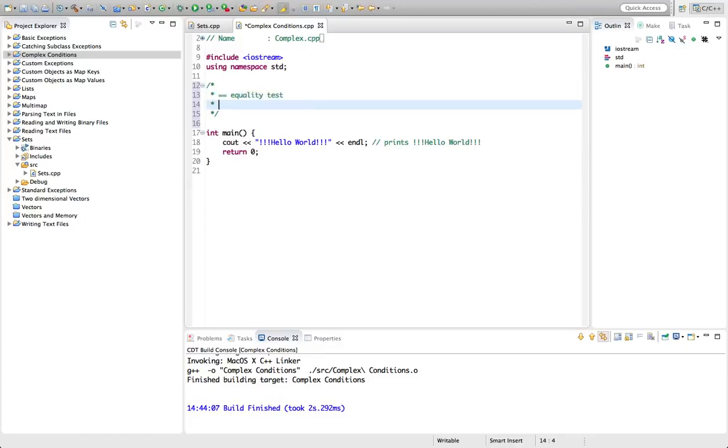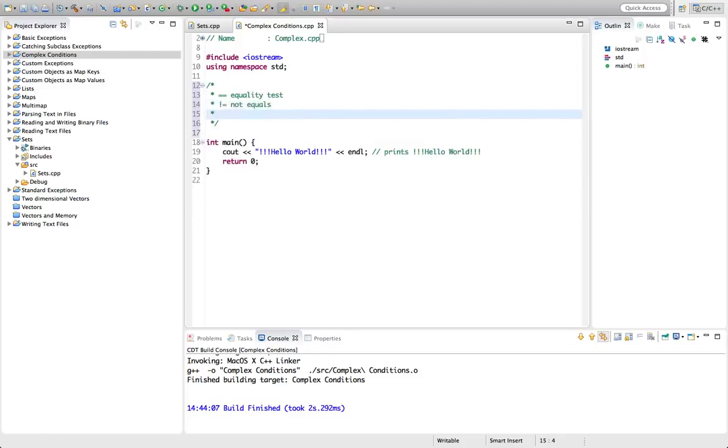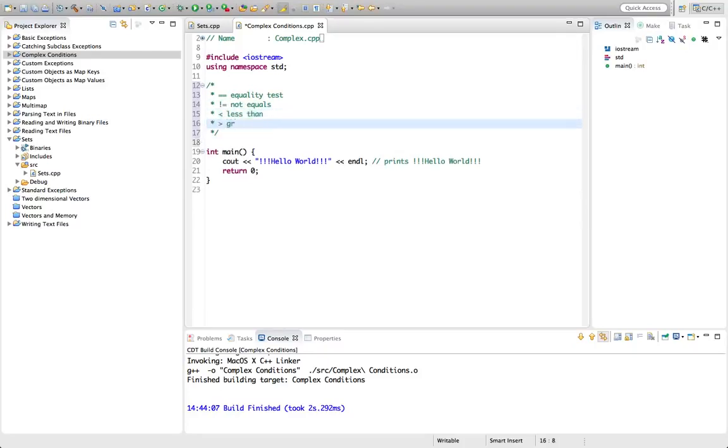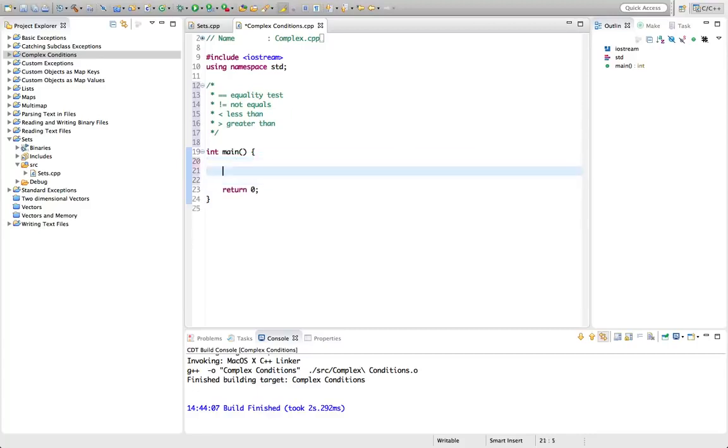We've seen not equals, we've seen less than, and we've seen greater than. Now we can combine these conditions into more complicated clauses. So let's create a value here. Let's say int value1 equals 7, and we'll have another one, int value2